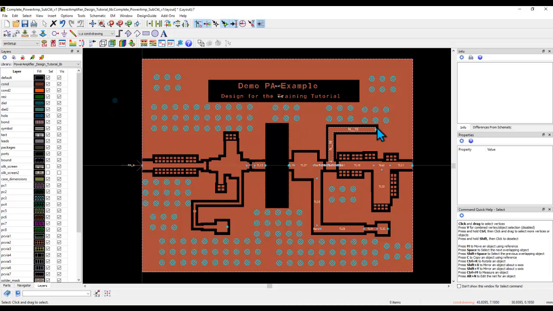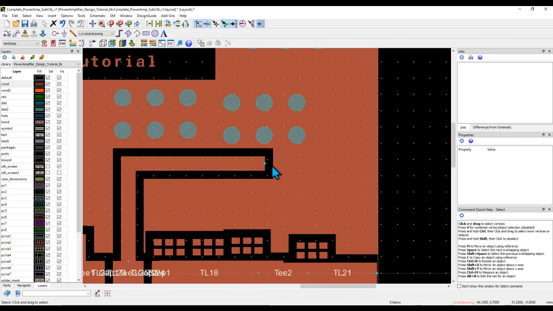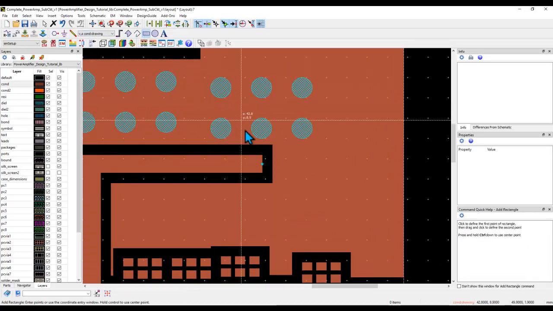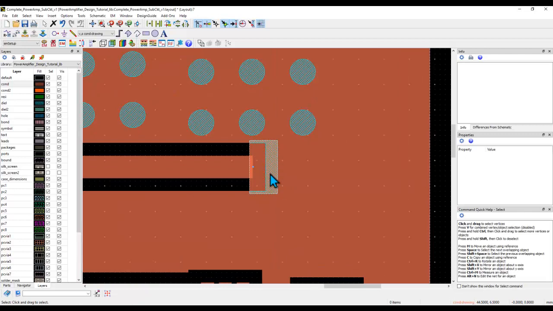One, the short circuit stub is still not connected to ground, and that's a very dangerous mistake because it's a short circuit stub, remember? So these small things have to be taken care of. So while I'm on the con layer, I can simply draw a rectangle which shorts this stub with the ground plane, and when that happens, you can see the hatch pattern on this rectangle as well as these vias,